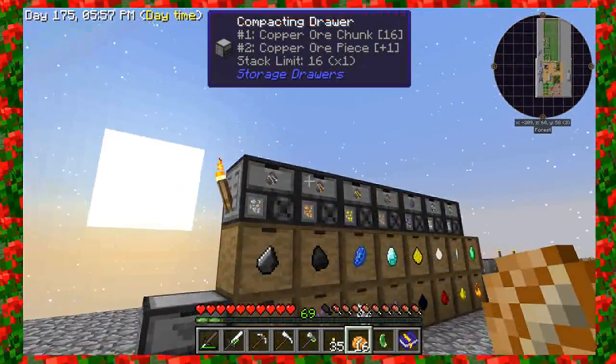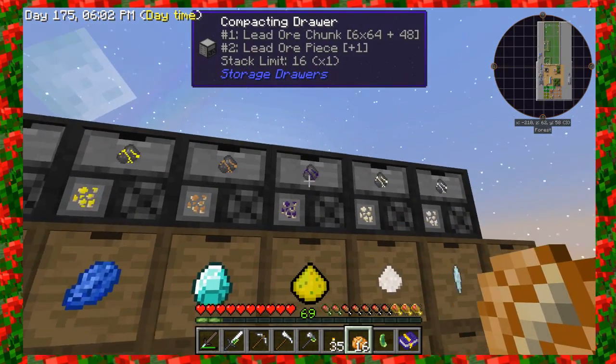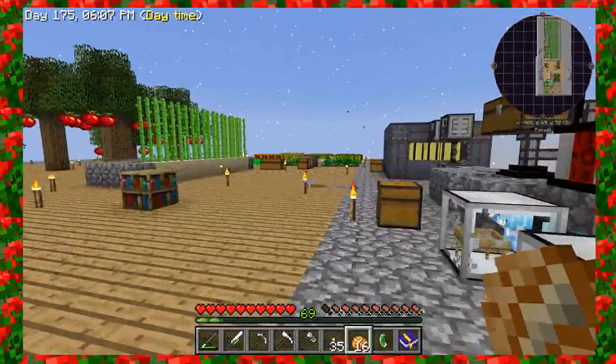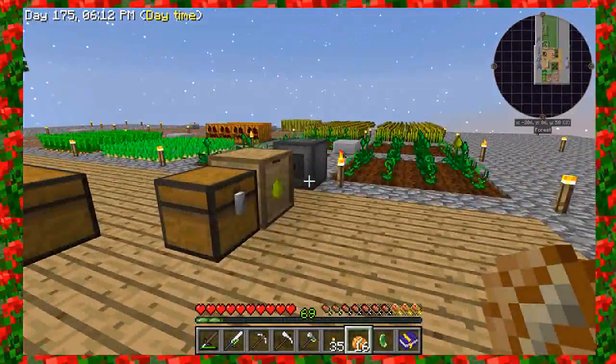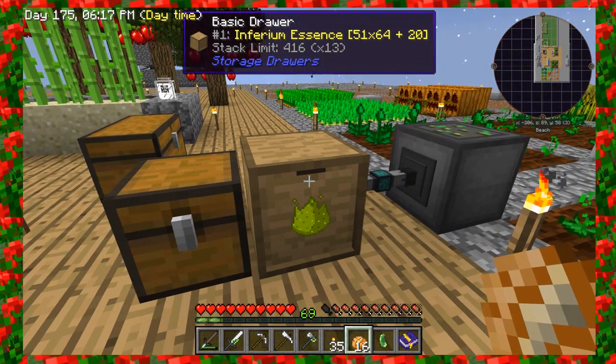As you can see, we talked about the last episode, I was going to go ahead and make the compacting drawers for each of our little ore, so I got those going. And also, since we have our farm going automatic here, I went ahead and made just a